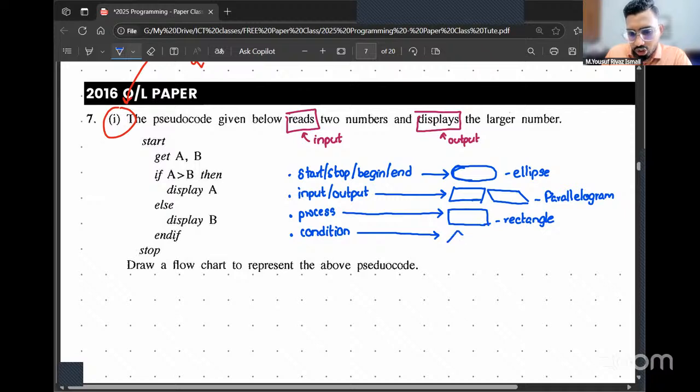Correct. It is this shape. We call this shape a rhombus. Don't call this a kite or diamond or whatever. The correct name of this shape is rhombus.